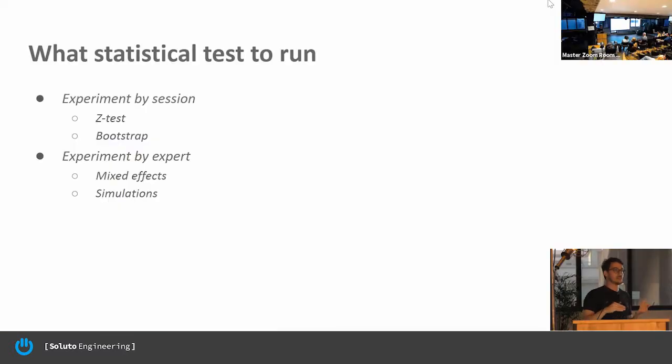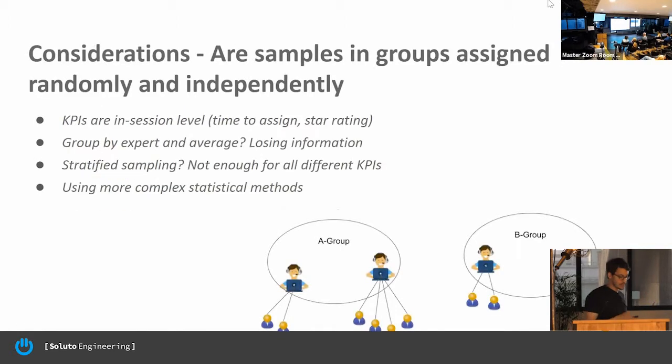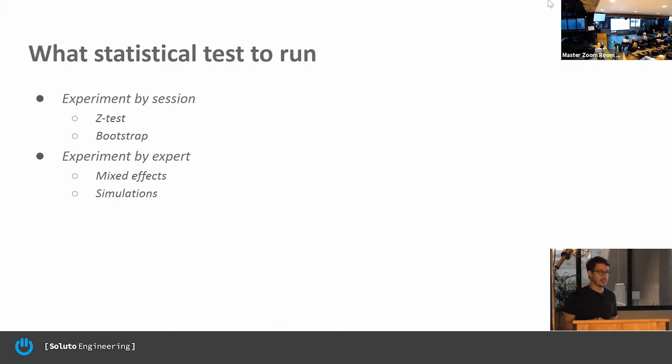And when experimenting by experts, where we saw the issue that their samples are not random and not independent, then what we did was use a few models. Our system mainly wants to make sure we are not harming KPIs, so we didn't find anything wrong with running a few statistical tests for the same thing and just raising a flag whenever something is going wrong. So we used both mixed effect models and also a method we developed here, which we called simulations. And I'll give a brief intro to what we did there.